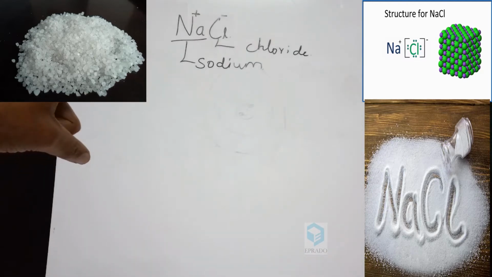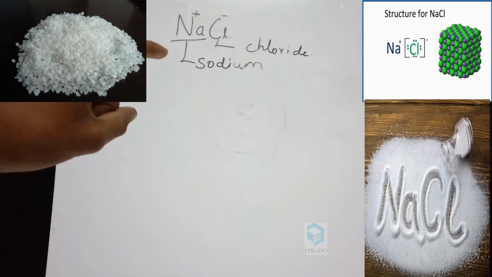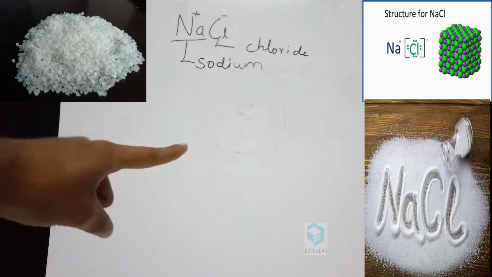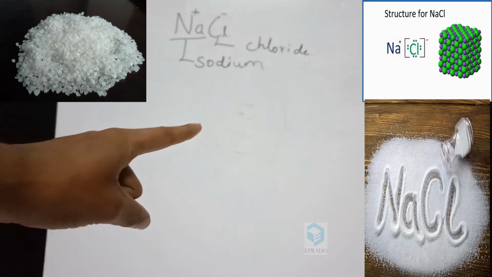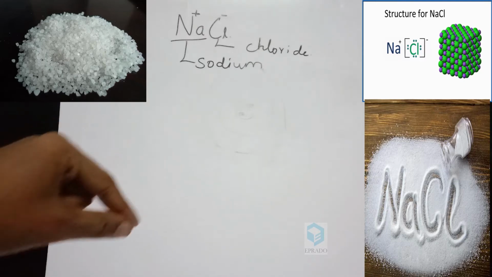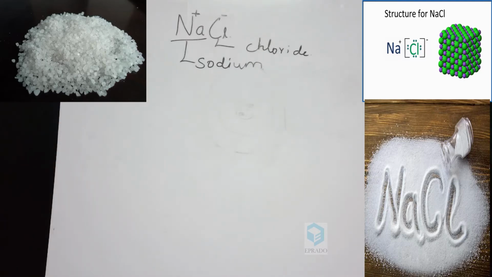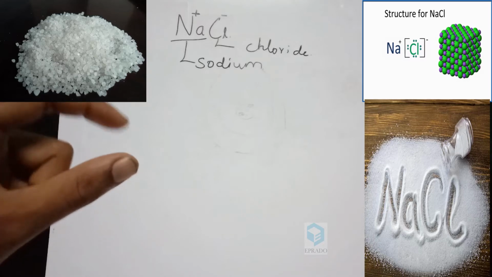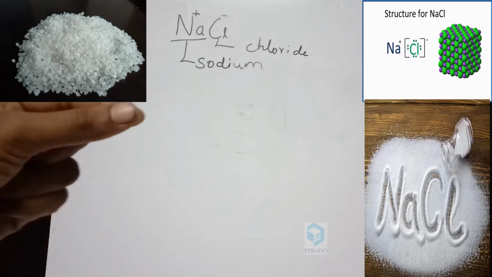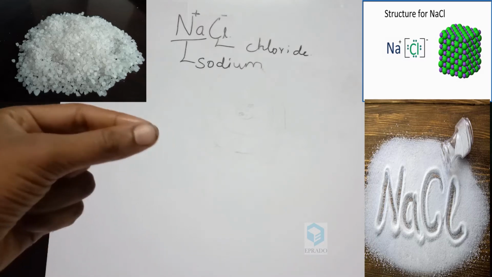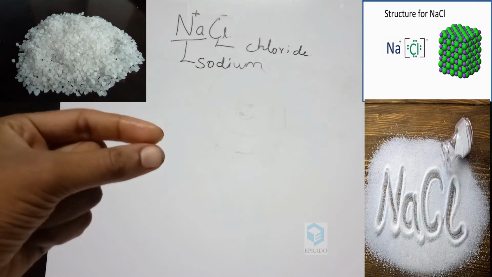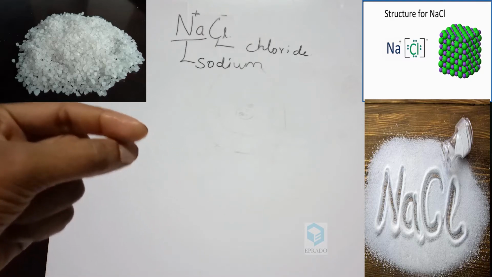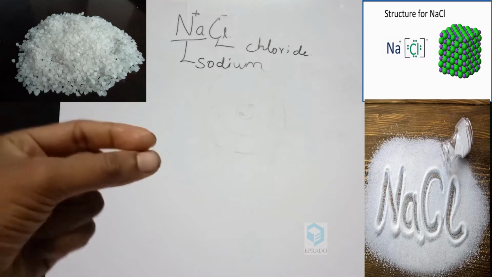This rock salt contains sodium chloride, which means sodium ion and chloride ion combined together. How are these two ions combined together? Because sodium is an element that has given an electron to chloride, so that sodium and chloride are bonded together